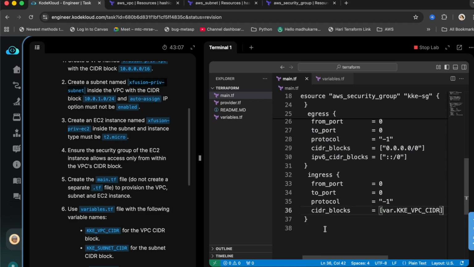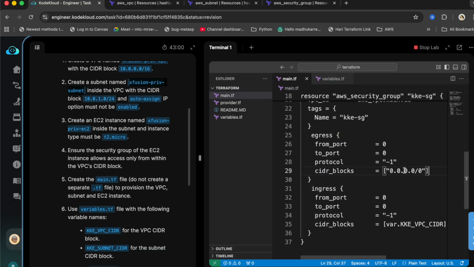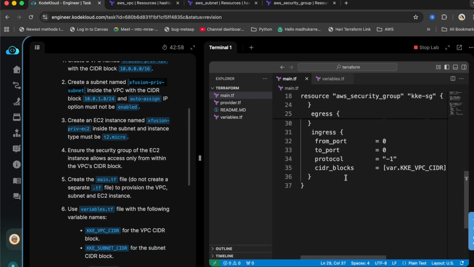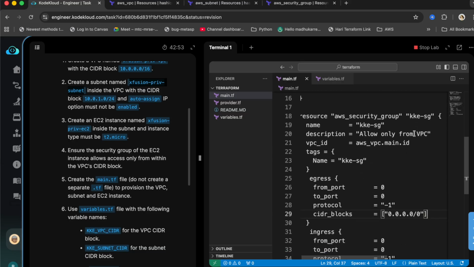That looks fine now. Now in this one we don't need an IPv6 because that's outbound traffic. So that looks good. Okay, now